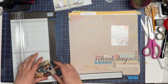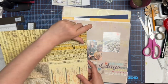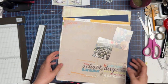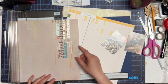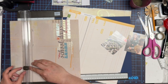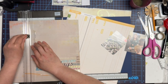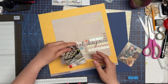So I'm just chopping these down. They'll be 3x4 size, which is a little bigger than Fatima's, but that's okay. I thought about using this ruler paper, but it's not quite big enough for matting and still being able to see and doing both, so I didn't. You get to see me choose some of my papers, so I definitely know I want to use this School Days one with all of that lovely stuff on the bottom corner, and so I'm cropping that to be the inside box, which is 9x9,